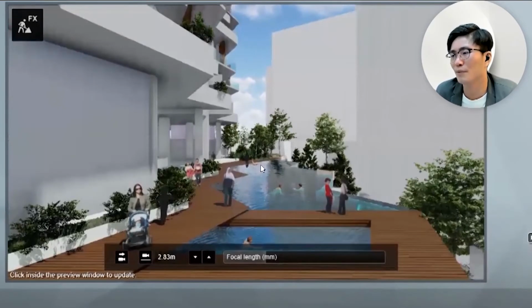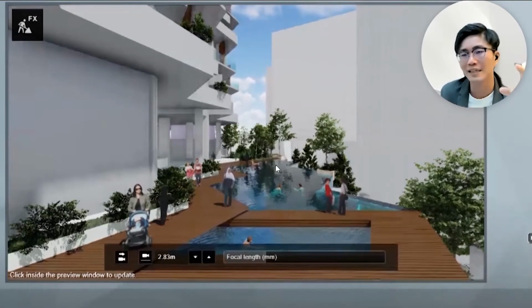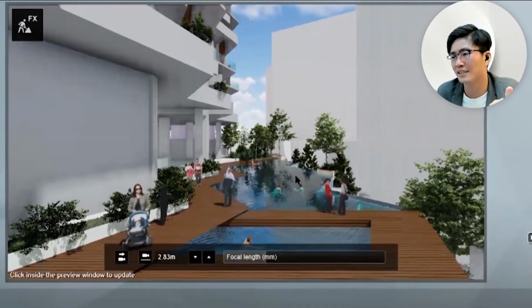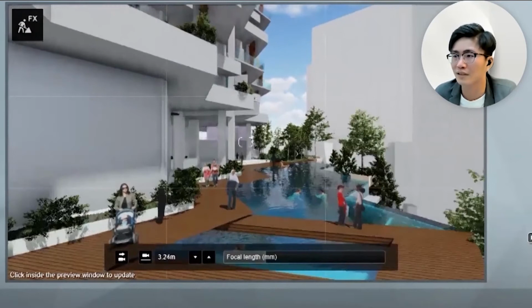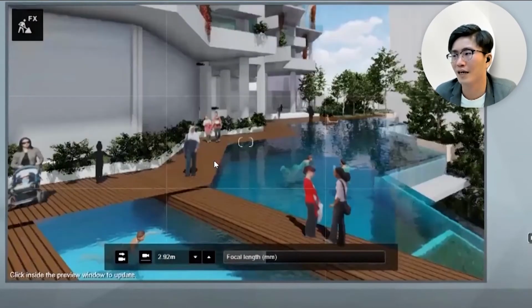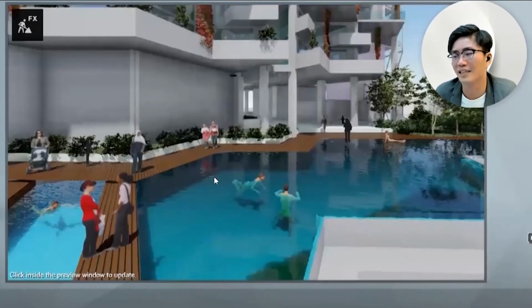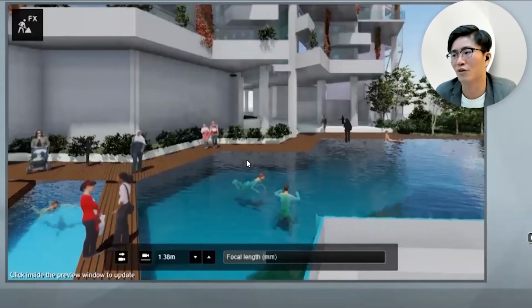And here shouldn't be that bright. After we switch it on and assign the reflection plane, it understands the context. Even this human, you can see has a reflection also. This is how smart it is. I switch it off, and I see it doesn't have the reflection of the human.